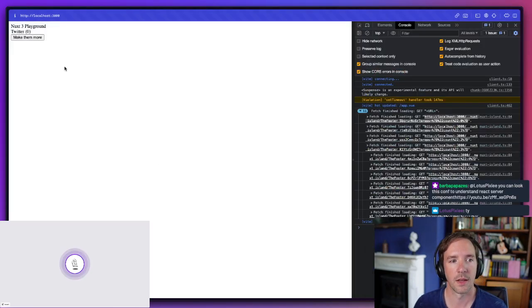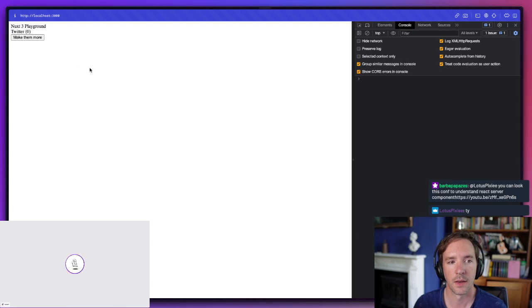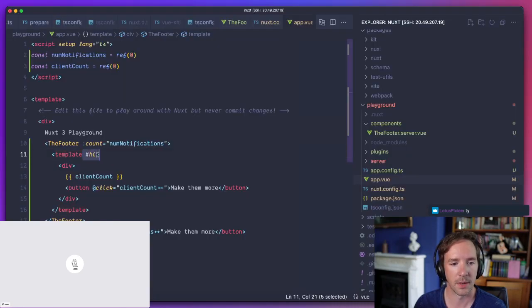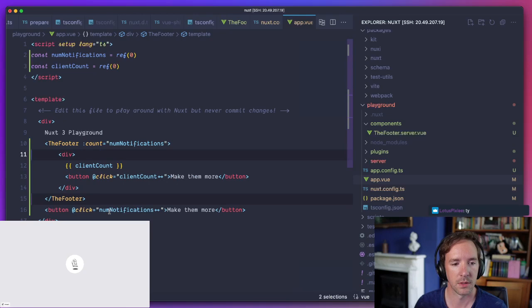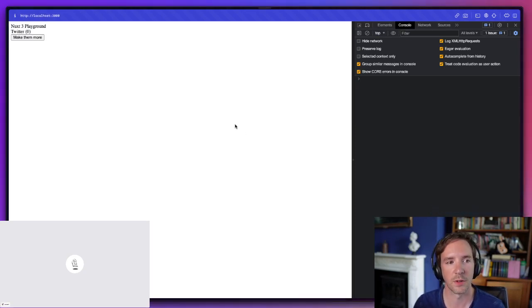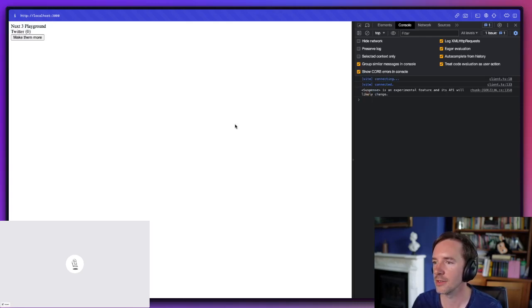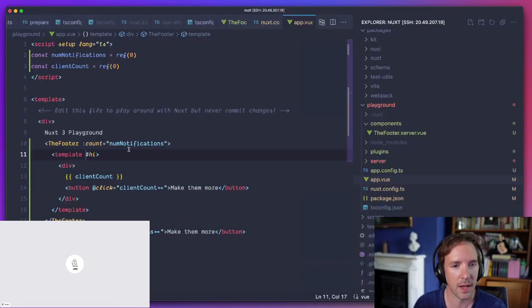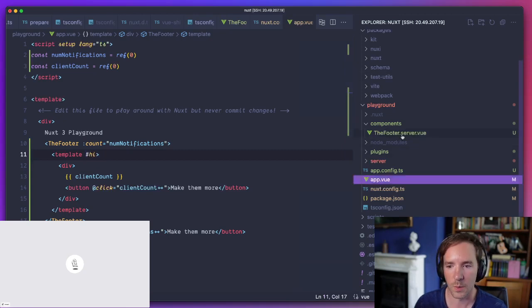So now this will just work on the client and send no network requests. I think this might need to be a default slot. So yes, that's the idea. I've not done much testing of this myself, other than in the PR to actually make this possible. So let's confirm this. Oh no, we have to render slots in the component. Okay, we'll keep it as hi, and then in our component, we will render the slot